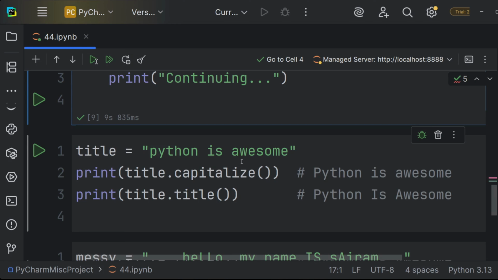Let's say you're displaying names or titles. Python offers a few ways to make your strings look really polished and ready to be on a book title or a document title, etc. So for these uses, we have the capitalize method and the title method. Over here, we have a pretty boring title, not looking that good, and it looks pretty shabby. "python is awesome." Now, you want to make this look like a proper title.